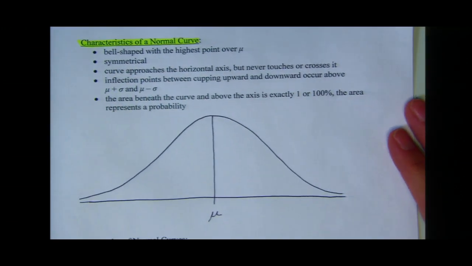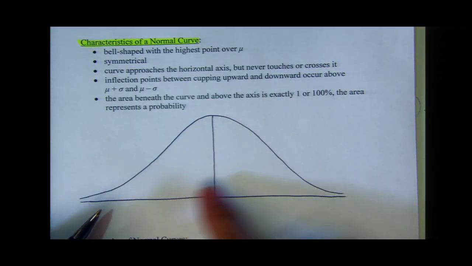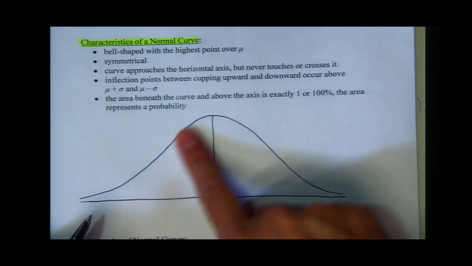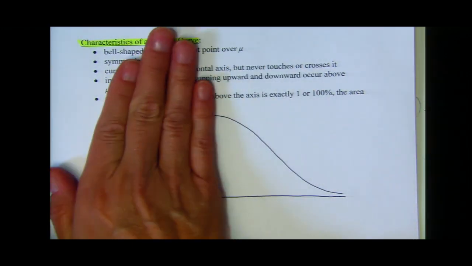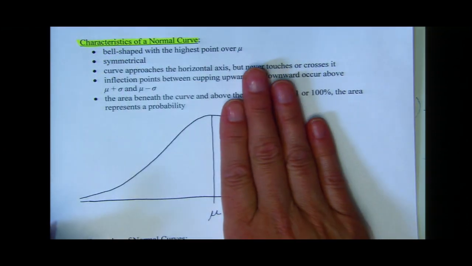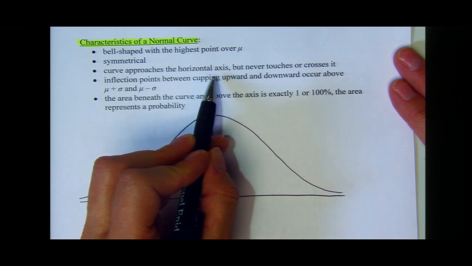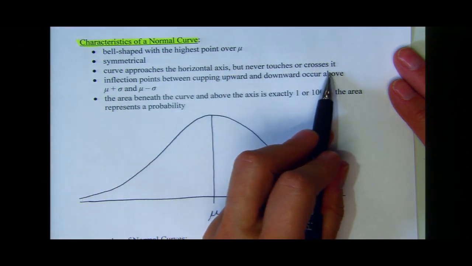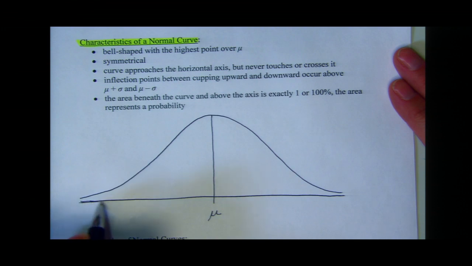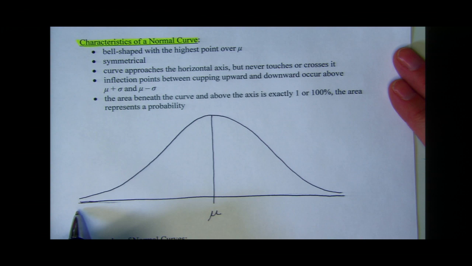What that means is, if I were to fold this in half, it would look the same on both sides. So if this is the complete curve, then here to the right of mu is half of my curve, and to the left of mu is half of my curve. The curve approaches the horizontal axis but never touches or crosses it. So here's my horizontal axis, this whole thing across here, and as the curve approaches it, it gets closer, but it would never touch nor cross it on this side